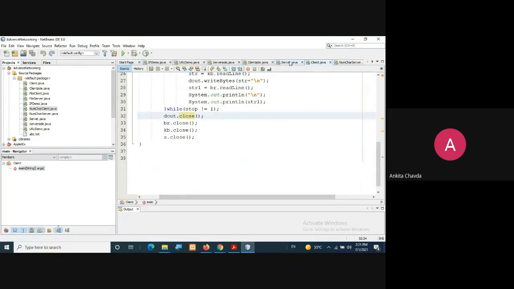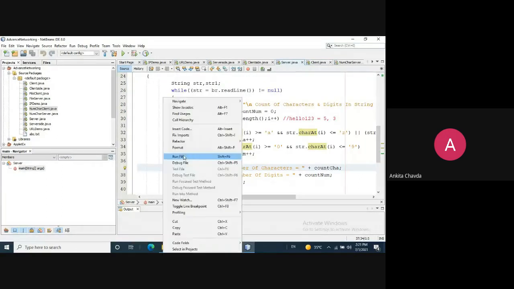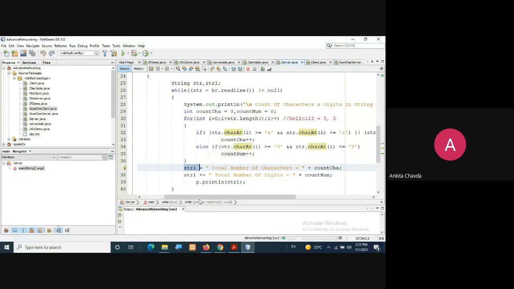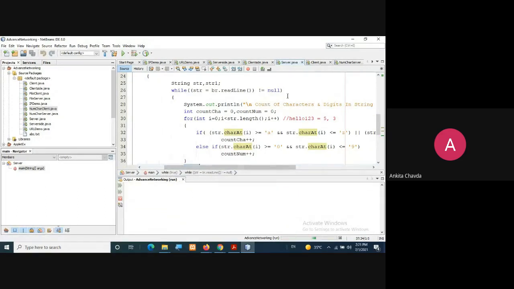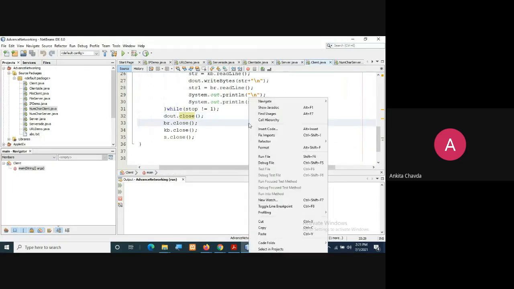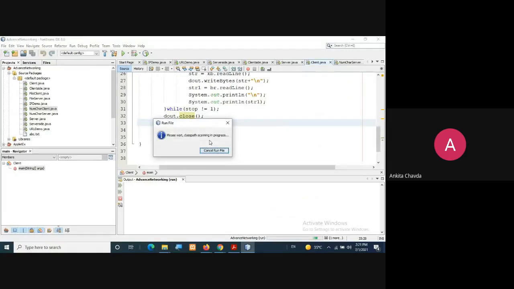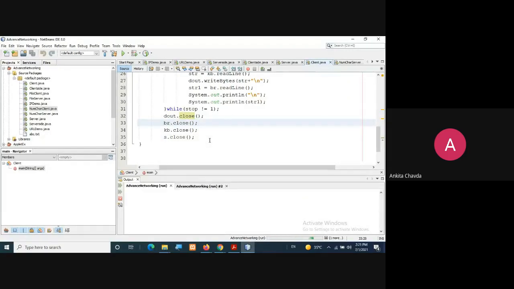Fine. So first we'll run the server here, and then the client. Fine.